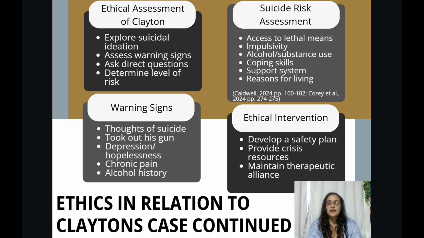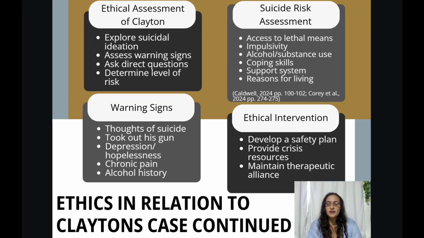In Clayton's case, he has mentioned multiple warning signs that is a part of the suicide risk assessment. Take a look at page 274 to 275 from our Issues and Ethics textbook. Clayton has said verbal warnings of thoughts of suicide. He has access to a lethal weapon with his gun that he has already taken out once, which also means we can assess impulse level. He may be experiencing depression due to hopelessness because of his never ending pain. He has a history of alcohol dependence and prior drug abuse. There are more signs in his case. Look back on the reference and see if you can find any.